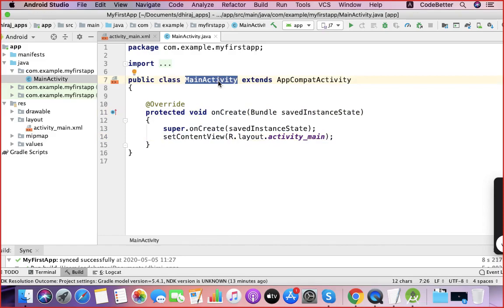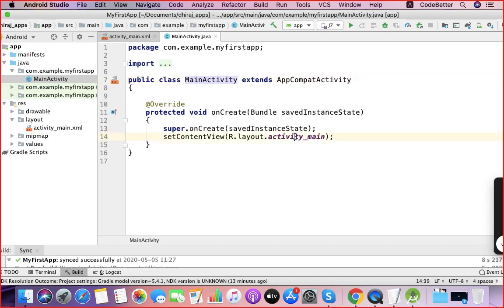But there are some other functions, we'll talk about them, which may execute from time to time based on some scenarios. But for the time being, this is the first function that automatically executes in this screen. So main activity class is now connected with the activity main screen.